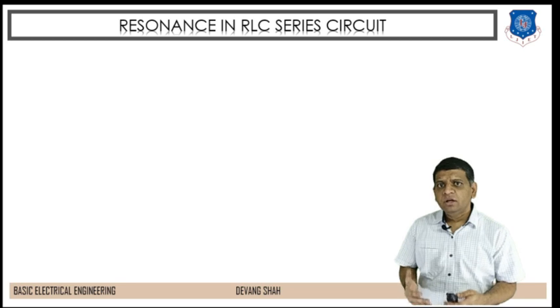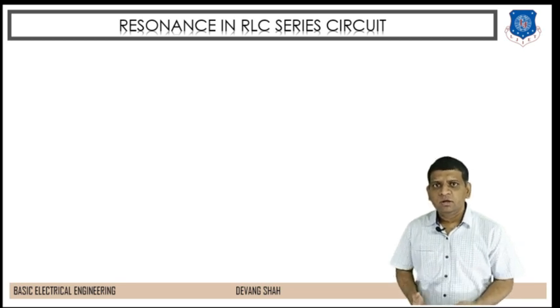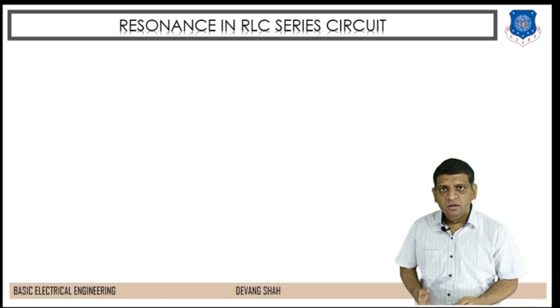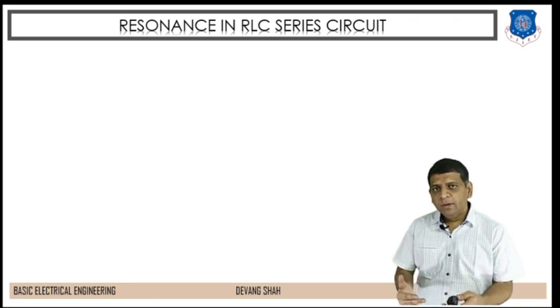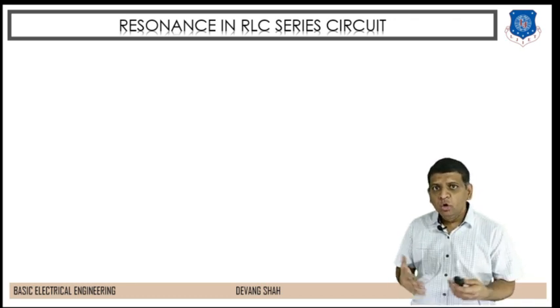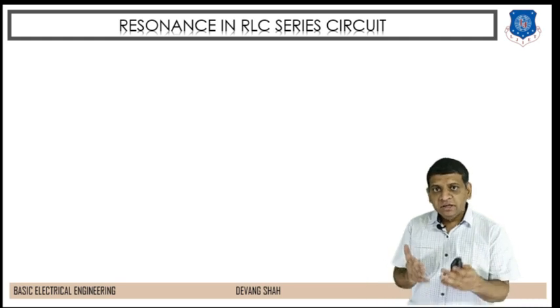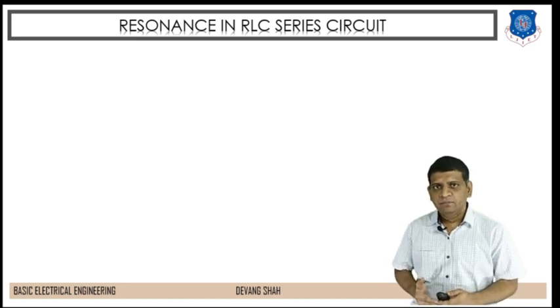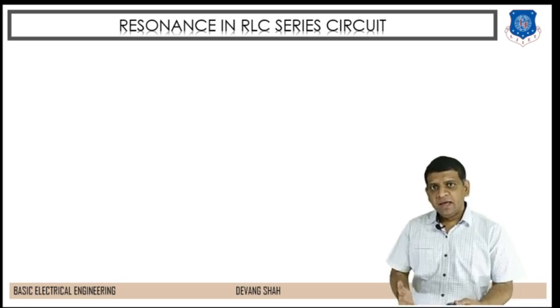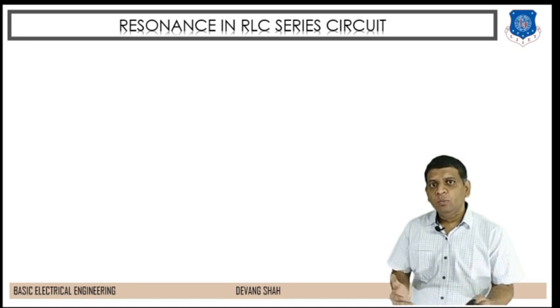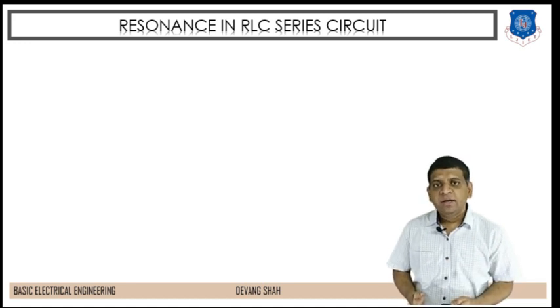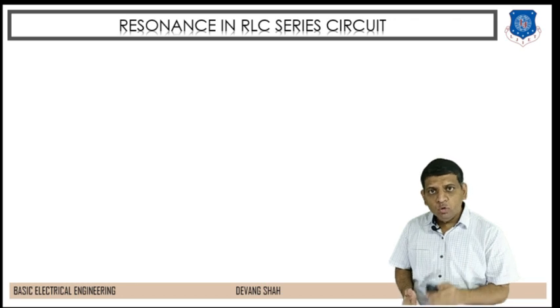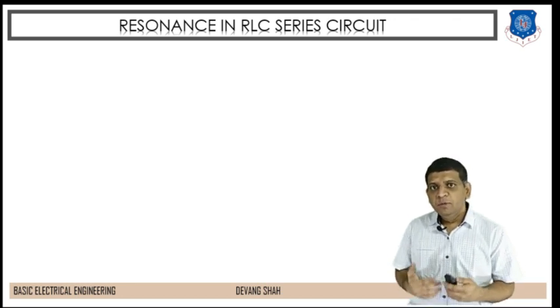Now, why do we learn about the effect of frequency for series RLC circuit? If you apply a DC signal, there is no importance of frequency because for DC the frequency is 0, but there is a specific importance of frequency when you apply an AC signal. So you apply the AC signal as V is equal to Vm sin omega t, where omega is defined as 2 pi f, which is 2 pi multiplied by the input frequency.